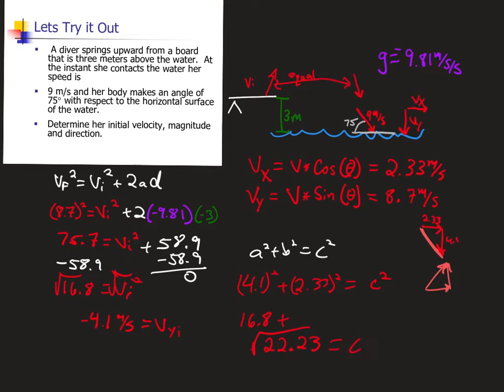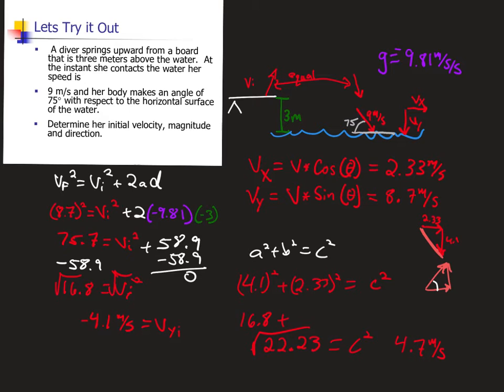Square root of that to give us c squared. Gives us an initial velocity of 4.7 meters per second. Now we can use tangent to find the angle at which it was launched